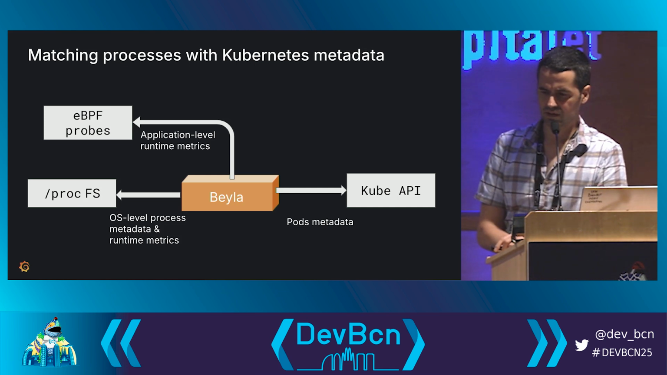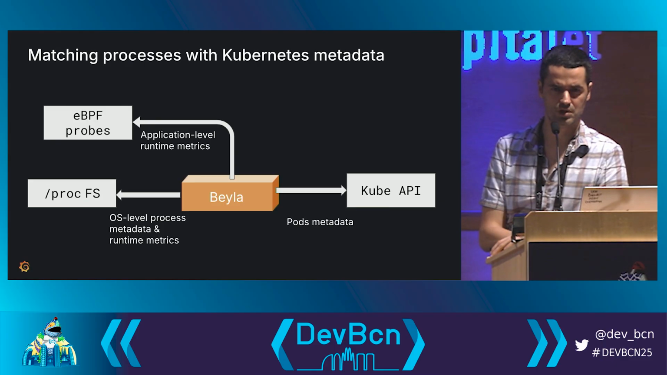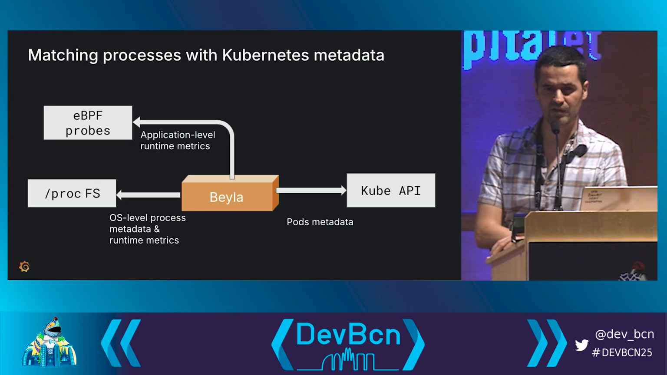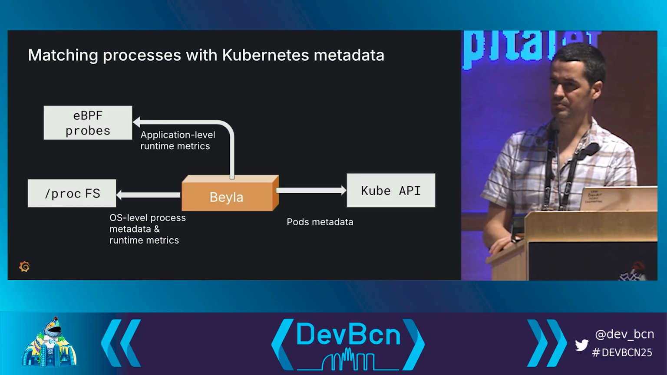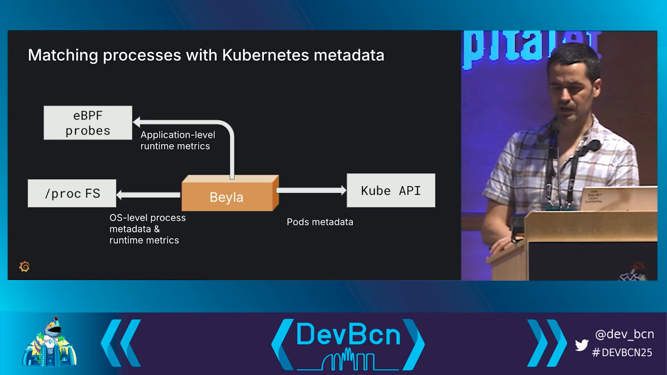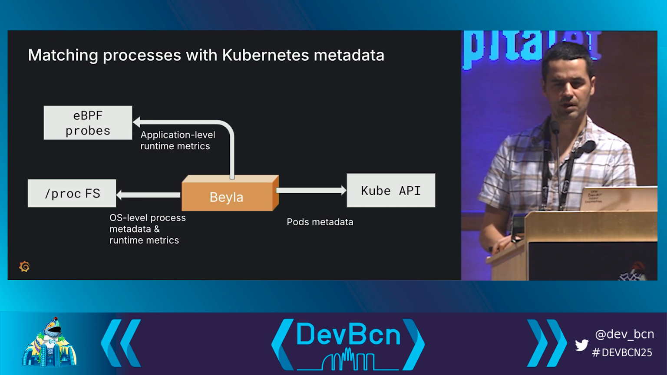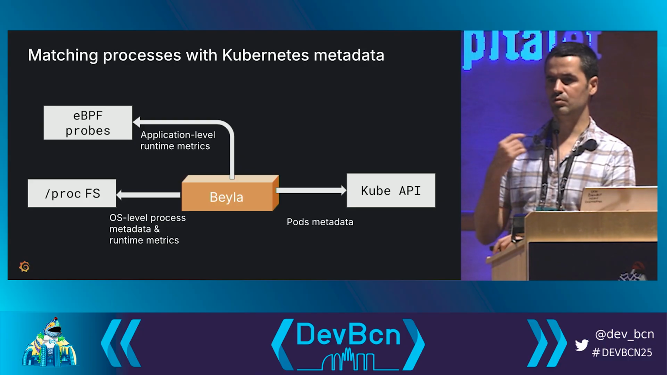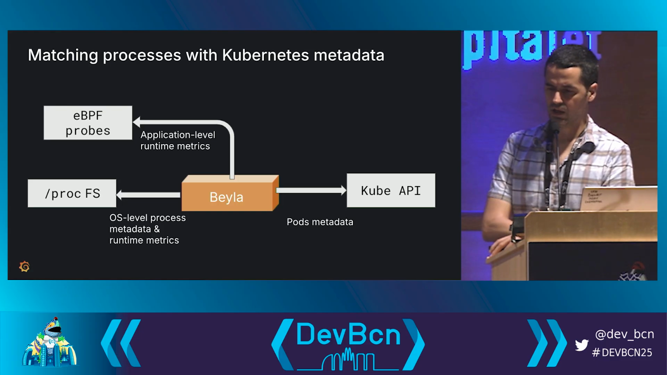Beyla is able to get the metadata from different sources. For example, from the eBPF probes, we can get the application level runtime metrics. This is how your application is behaving. From the proc file system, I don't know if you are familiar with Linux, but there is a folder in the system, /proc, where you get almost all the information of your running processes, like the PID, the commands, the status, but even other lower level information we'll see later. And also Beyla